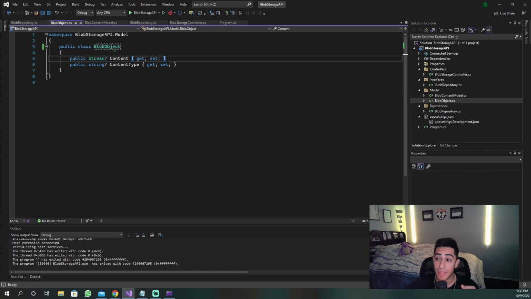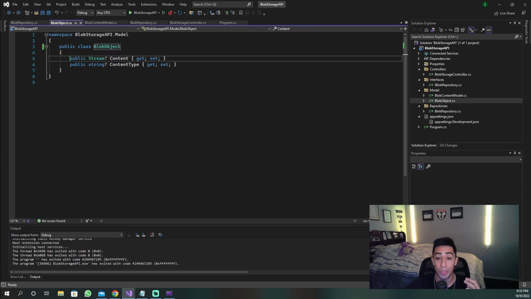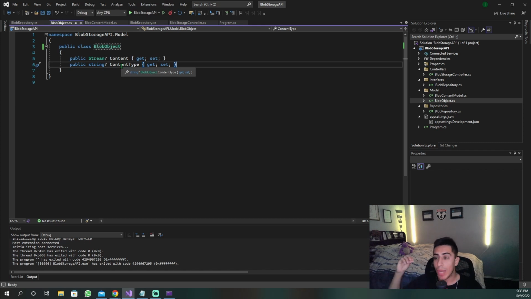And the second object that we have is this blob object. This is basically what we are returning when we download. So whenever we get this blob file, this is what we're returning right here, and then returning this as a file. So we have this blob object, which returns a stream of bytes or content, and then we need the content type. Why? Because whenever you serve this back to the client side, whatever it may be, it needs to know the content type so that it can serve it correctly. If it's an image and a PNG, it needs to know that when it's going to the client side, or if it's a text file or something else. And I'll show you guys how I'm handling that in this API once I actually show you guys the code